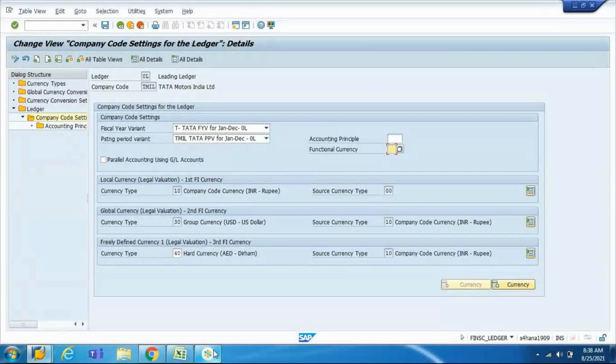So in that case, your functional currency will become the currency in which the majority of the transactions take place. So especially countries like Dubai, Middle East countries, wherever there is a tax benefit. So in these countries, usually companies will set up an entity. They'll open a branch there and they will do their business operations from there. Like